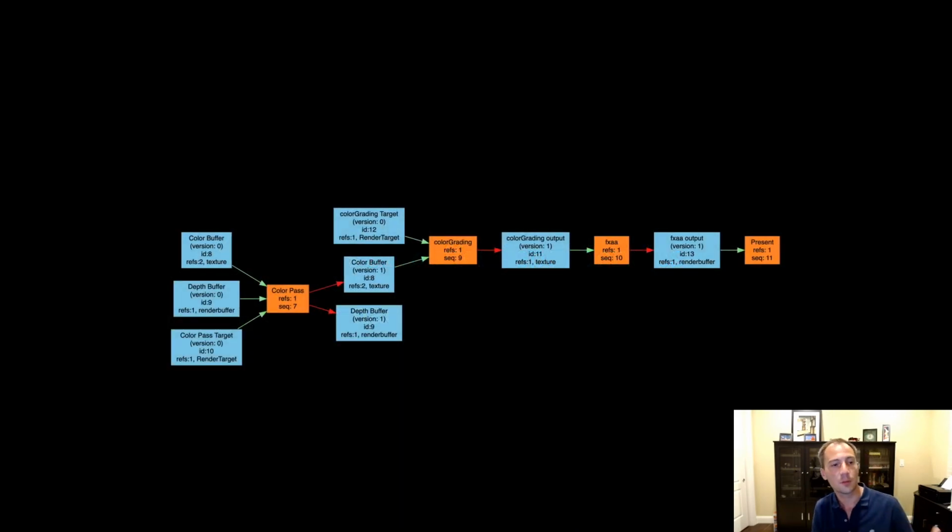So here's an example of our frame graph. Every orange box is a render pass. Here we have a color pass, a post-process pass, so that's color grading, tone mapping, dithering, and a pass of FXAA, and finally there's the output. It's fairly simple, and managing loads and stores here would be pretty simple to do by hand.